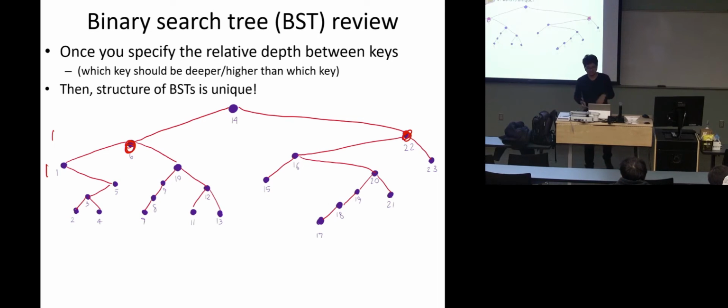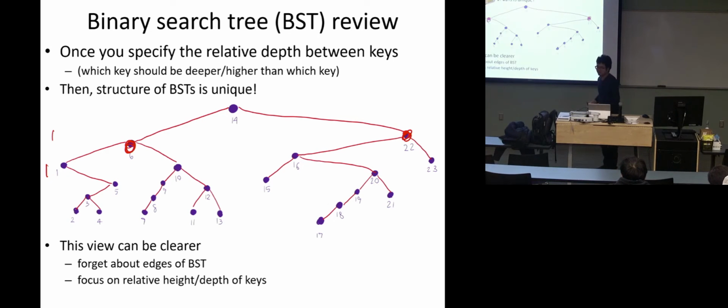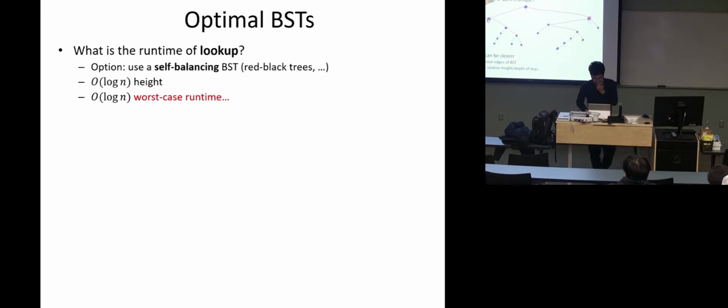Okay? So this view can be a bit clearer, because when you think of a binary search tree, you can think of this relative depth and kind of forget about the edges, how things are connected. It's determined anyway. Okay. So now,